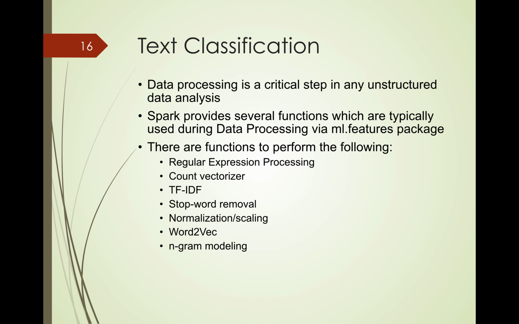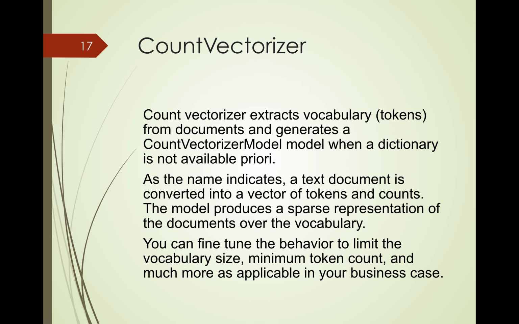Right? So for example, if you are using a package like Spark, you might get some built-in features for doing this, or the NLTK library in Python, then you get features for doing all of these things. You can look for and process particular regular expressions. You have something called vectorizers, count vectorizer, TF-IDF. So let's look at some of these techniques to understand what they are. Right? So count vectorizer essentially converts the document into a vector. What is that vector made up of? It's made up of terms.